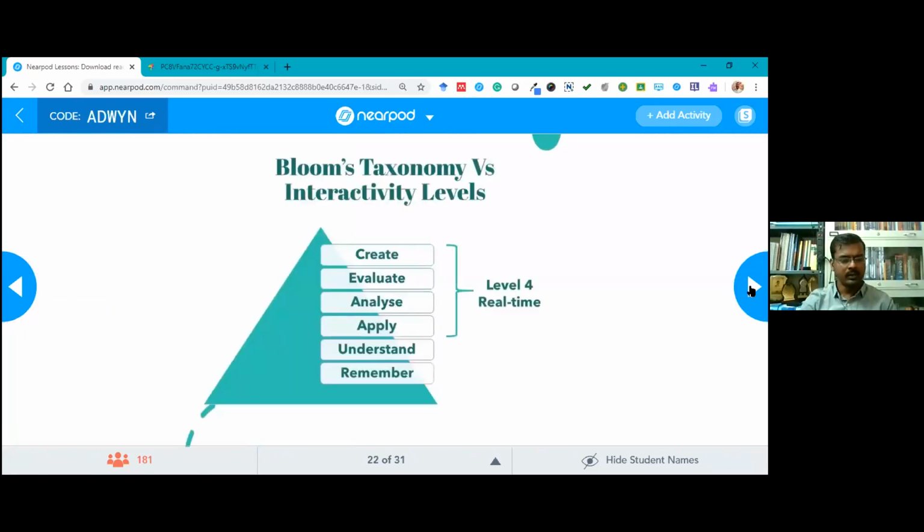And now the fourth level of interactivity, that is real-time interaction. Okay, real-time interaction, this is the highest level of interaction or interactivity. So this interactivity can be matched with the top 4 levels in Bloom's taxonomy: applying, analyzing, evaluating, and creating. So in real-time interaction, we have activities like